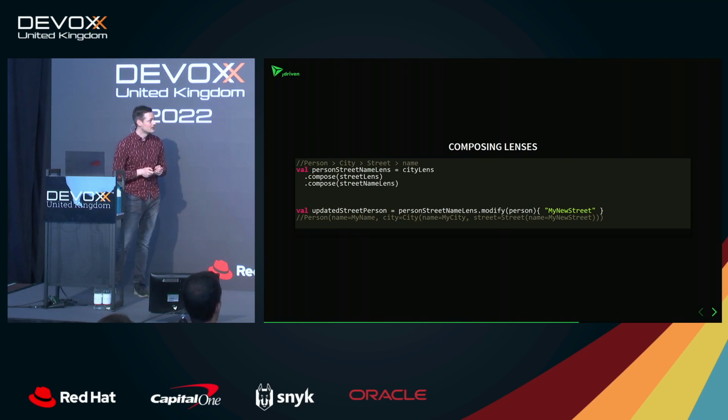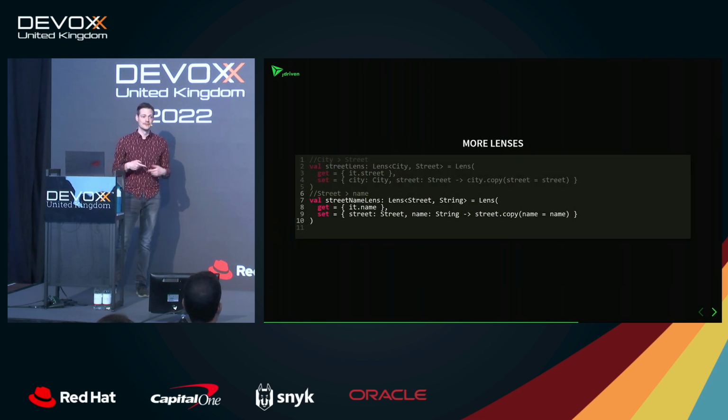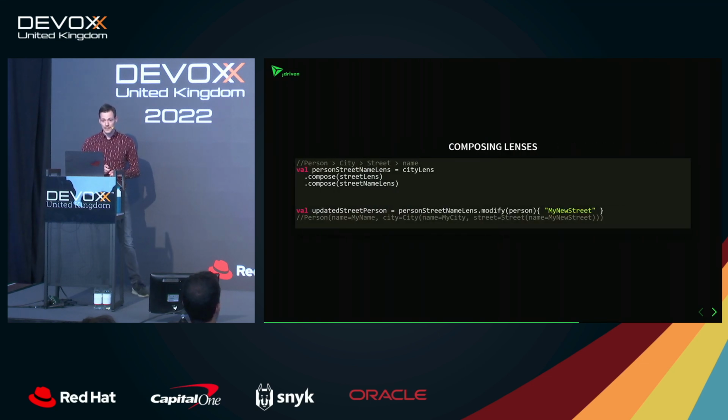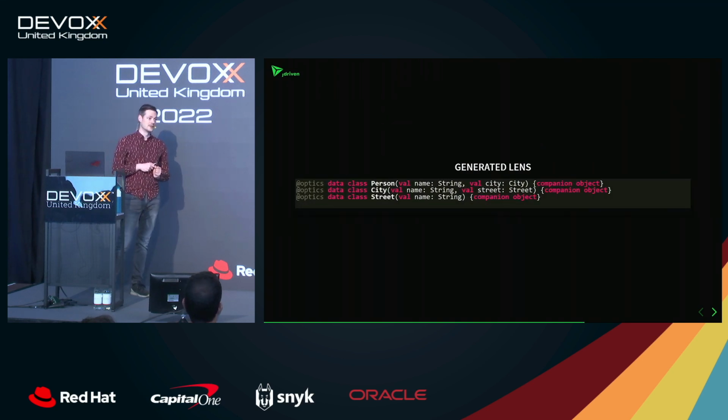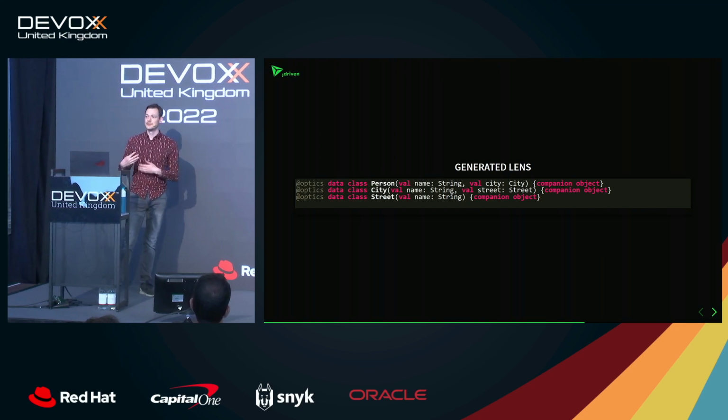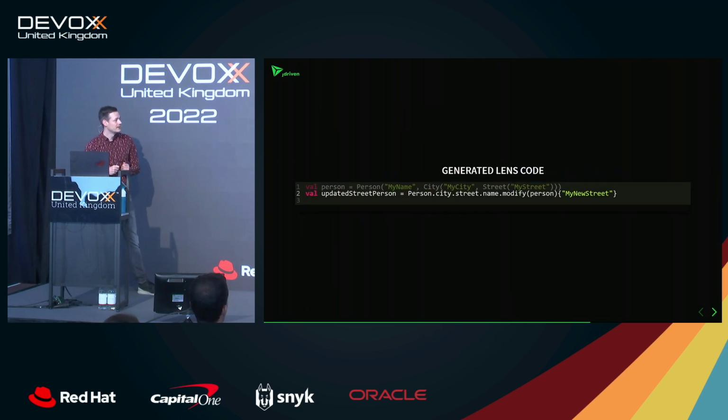which is quite cool. But I can hear you think, that's really cool, but writing all those lenses is basically more work than doing the copy thing in the first place. Well, the Arrow team thought the same, and they're here to help, because they can just generate these lenses for you. All you have to do is add an annotation to the data class, and define a companion object. The companion object in Kotlin is basically the place where static functions and static variables are put. And what Arrow will do is, for every constructor parameter, put a lens for that parameter in the companion object. So if you want to do exactly the same thing, after it generates,